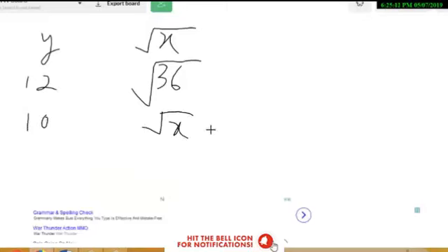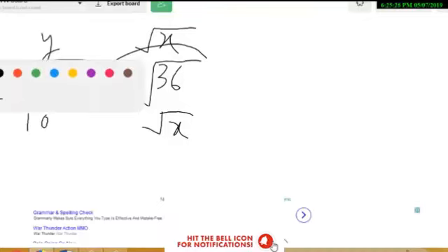Okay, let me read the question carefully. Y is directly proportional to square root of x. So, okay, I made a mistake here. It is square root of x. I will put square root over here as well. Okay, so now the next is, what is the value of x when y is 10? So when